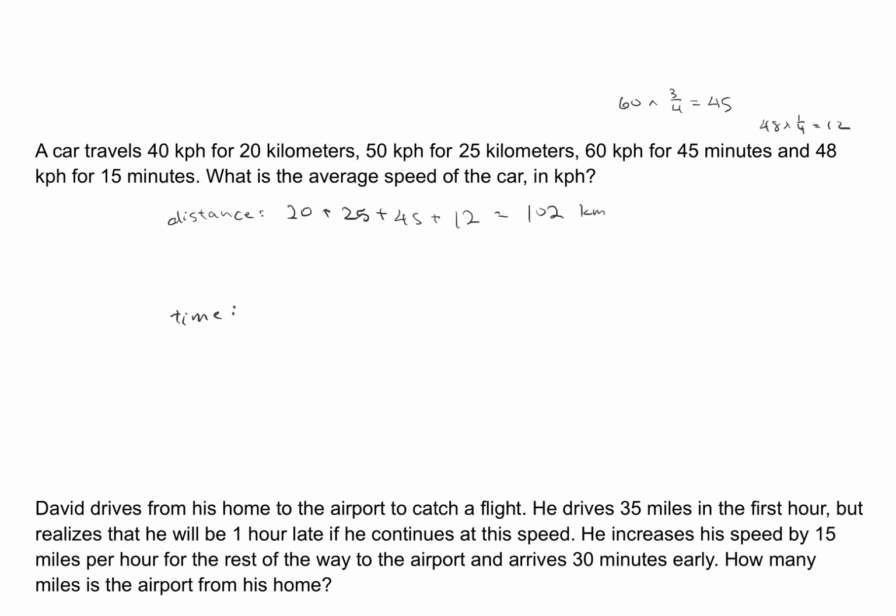And then for the time, we have the first one is 30 minutes plus the second one is also 30 minutes, right? We can see just by dividing: 20/40 equals 1/2, and then 25/50 equals 1/2. And we have 45 minutes and then 15 minutes. And I think this is 120 minutes, which is 2 hours. So dividing, we get 102 over 2 hours equals 51